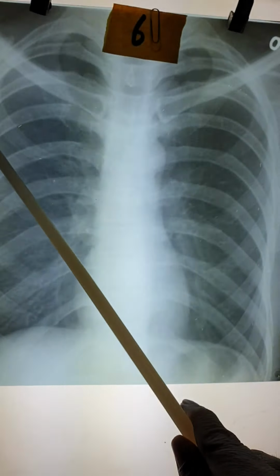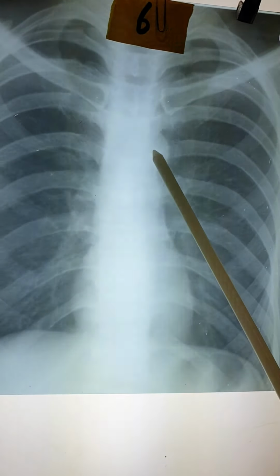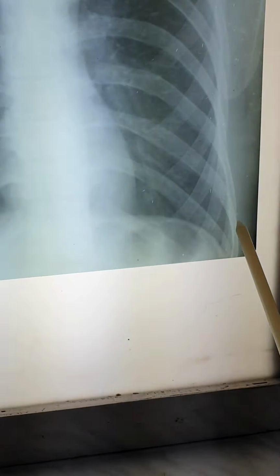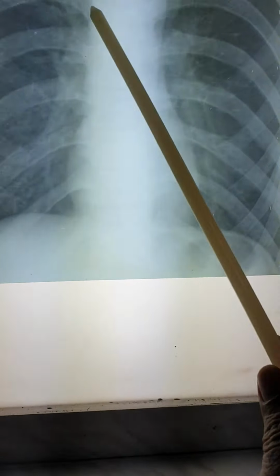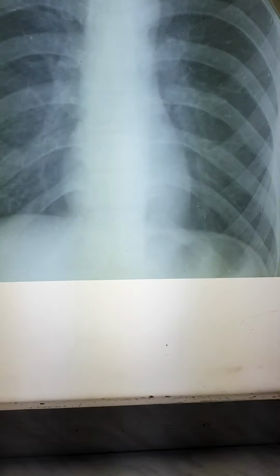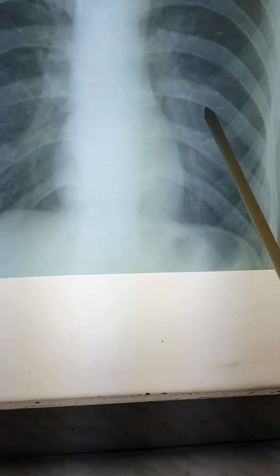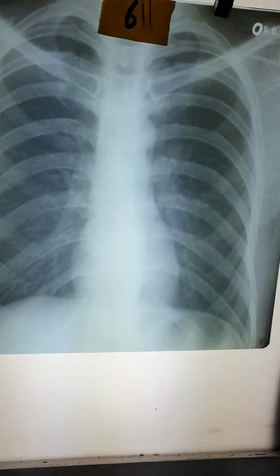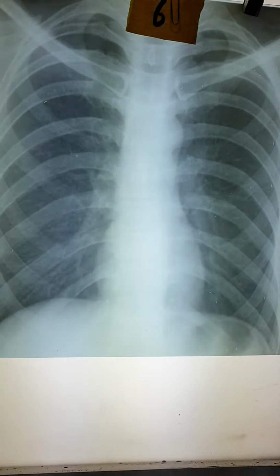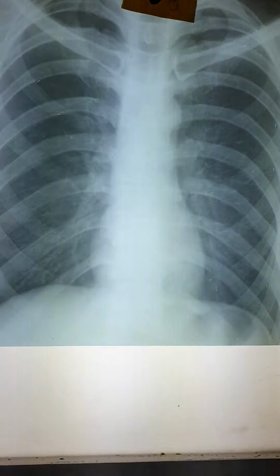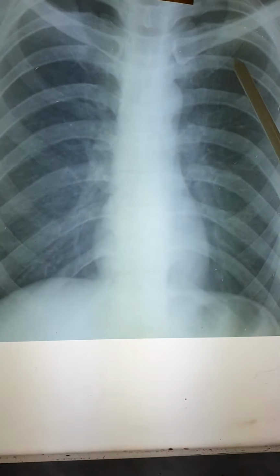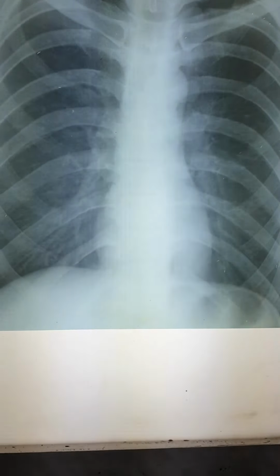So, how do we discuss this? Upper zone, mid zone, this is the lower zone. While reading, we describe how the lungs look in the upper zone, mid zone, lower zone. So once we start chest X-ray reading, we see that the view is chest X-ray PA view, and the skeletal structures, clavicle, ribs, look normal.